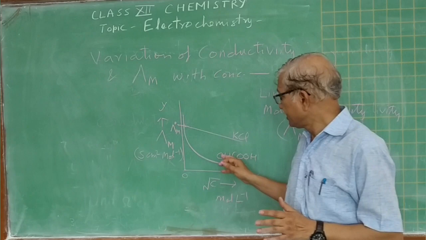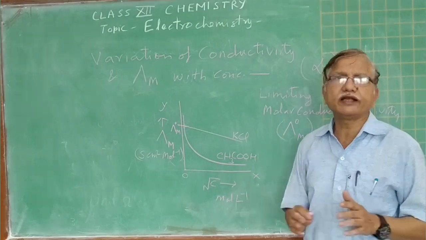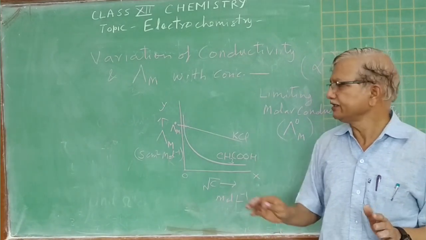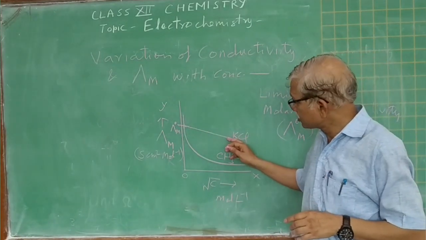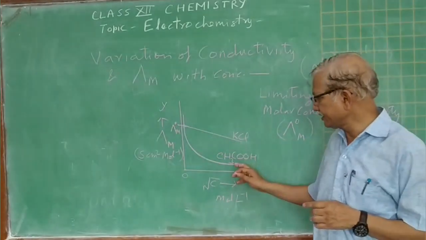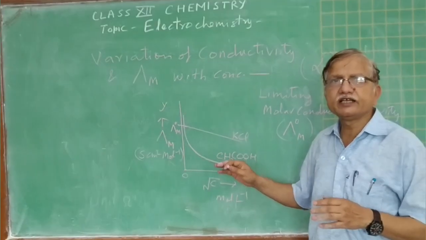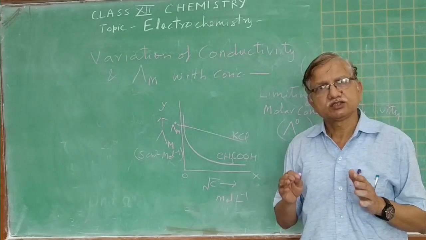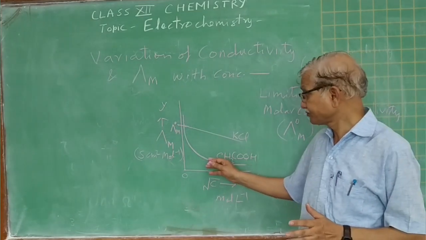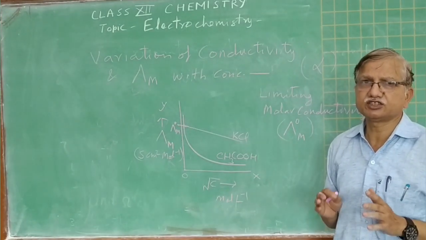But now the question is, why is it not a sharp rise in case of a strong electrolyte? Because in case of a strong electrolyte, the degree of dissociation does not increase. Only mobility increases on dilution. That's why there is a small increase in case of a strong electrolyte. But in case of a weak electrolyte, it increases very sharply because on dilution the degree of dissociation increases sharply, so the number of ions increases sharply. That's why the molar conductivity of a weak electrolyte increases steeply.